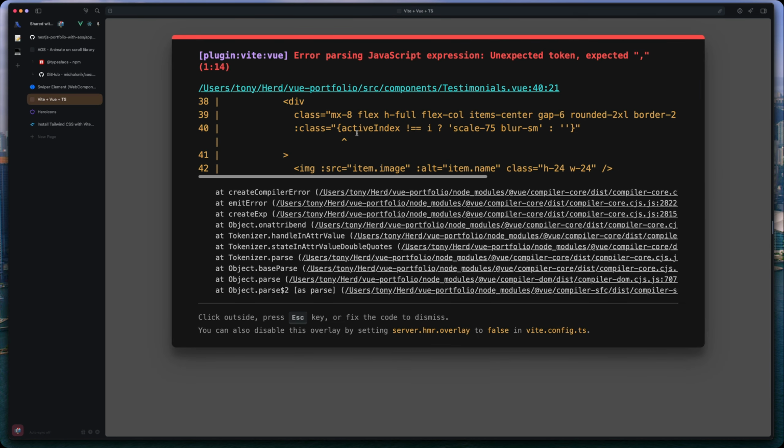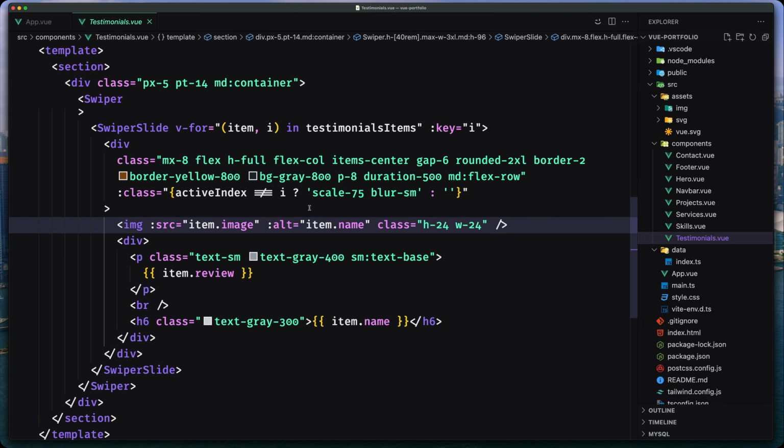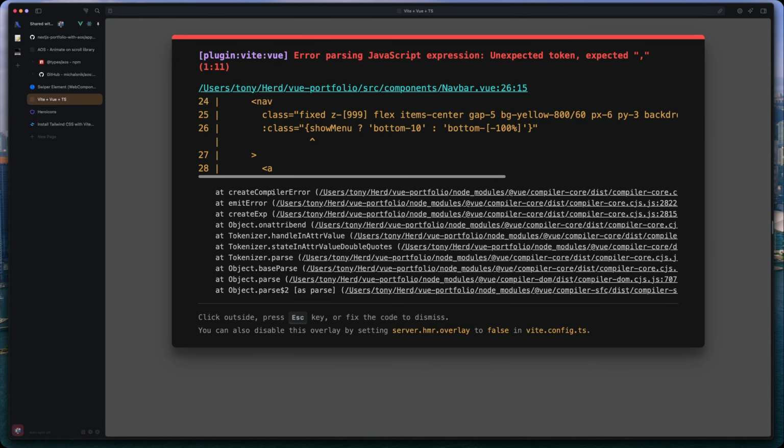And we have the error in the testimonials. Where is the testimonials? Like this. Let me just cut this. Save. So if the active index is not, we have applied these styles. And yeah, we need also on the